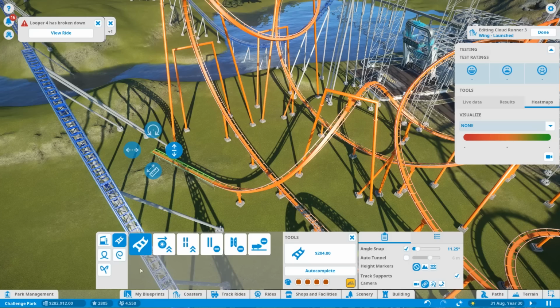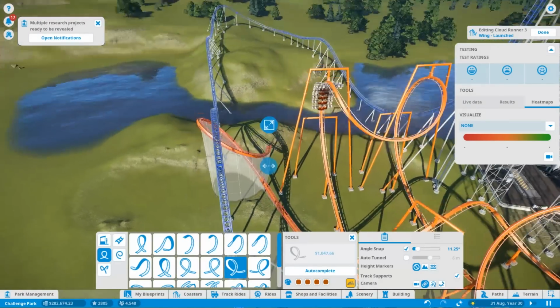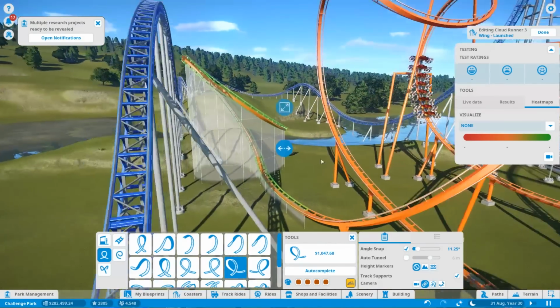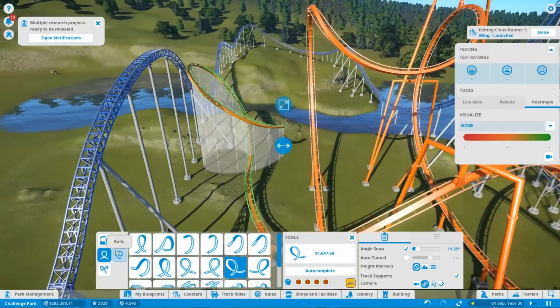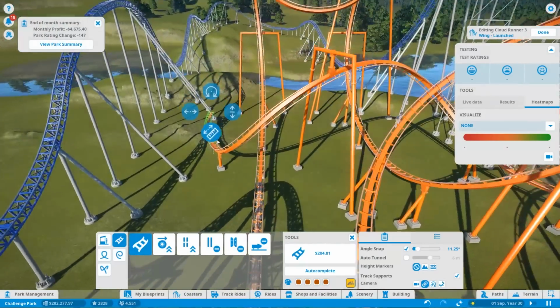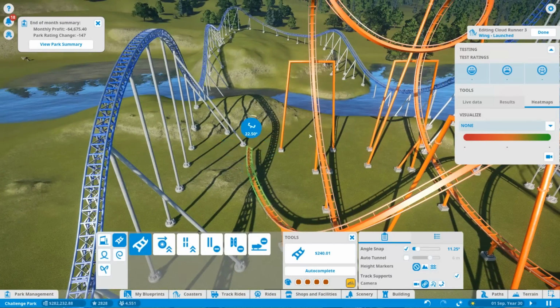What if I use the side loop? Oh, whoops. The side loop to make it like really small. No, I can't do that. Oh, actually, I can do it there. It's a bit weird. No, that's very weird. Let's not do that. Okay, so we come out of the corkscrew. We need to basically just go around the corner and come back again. So why don't we just...